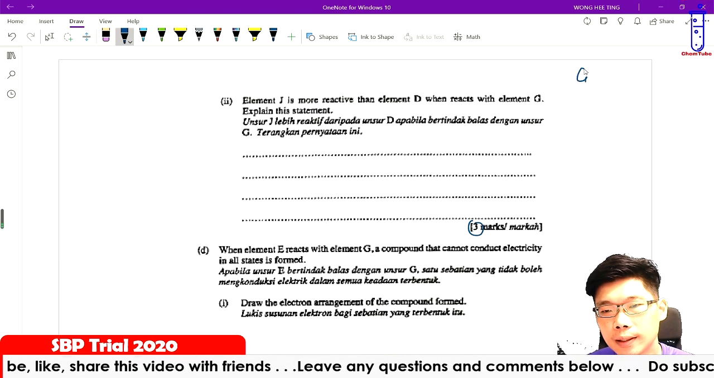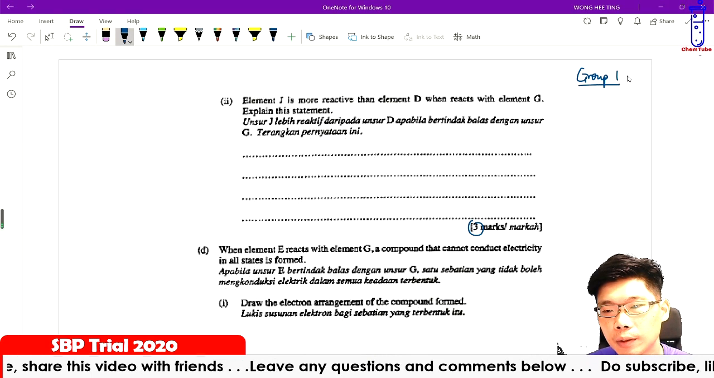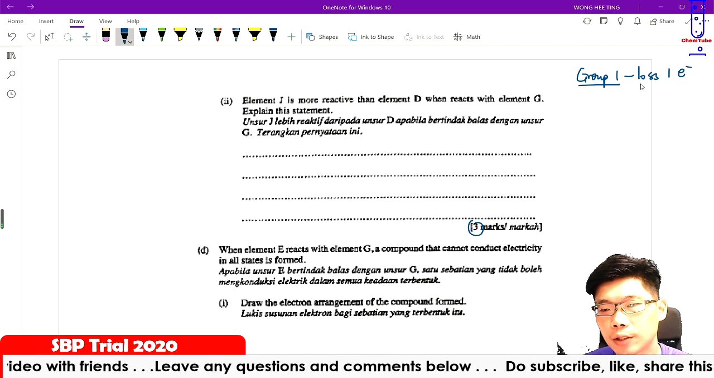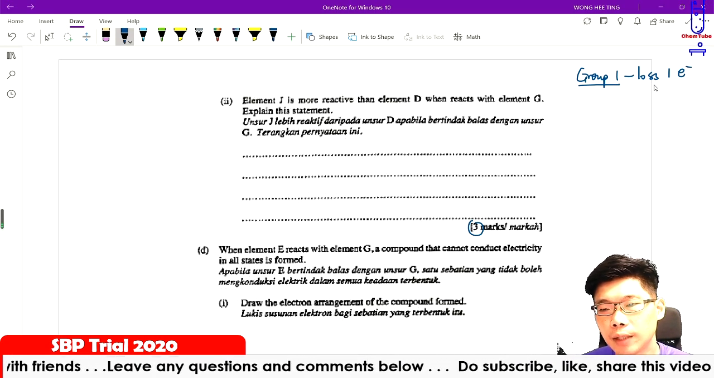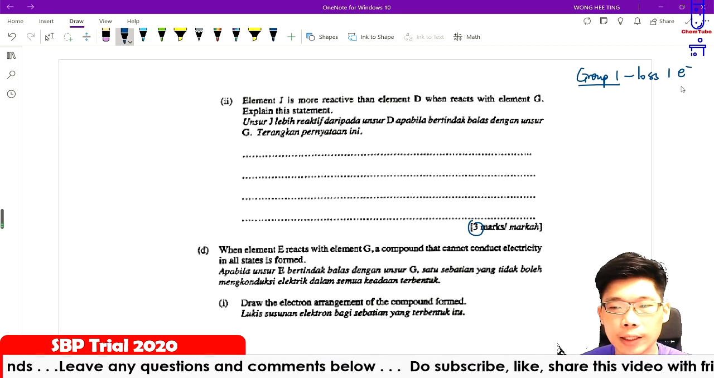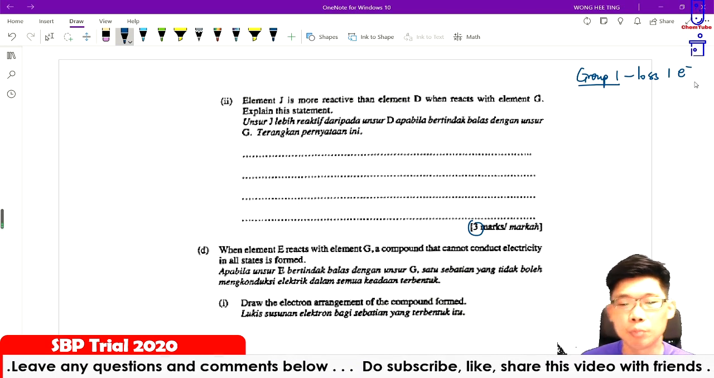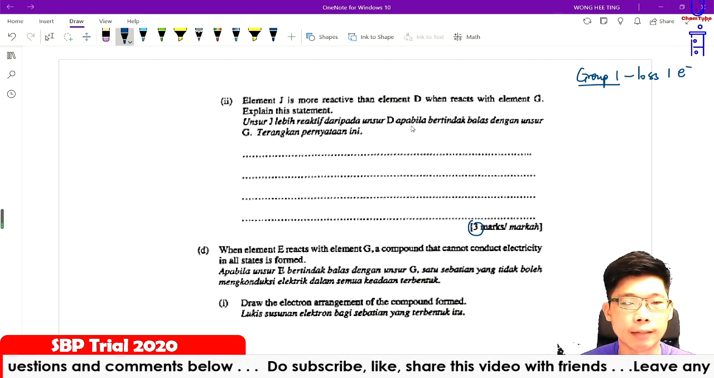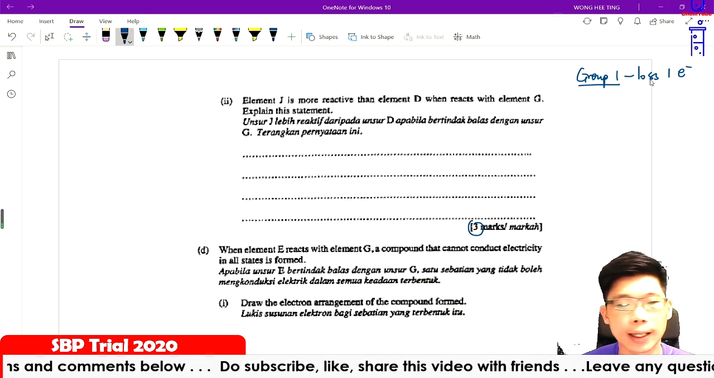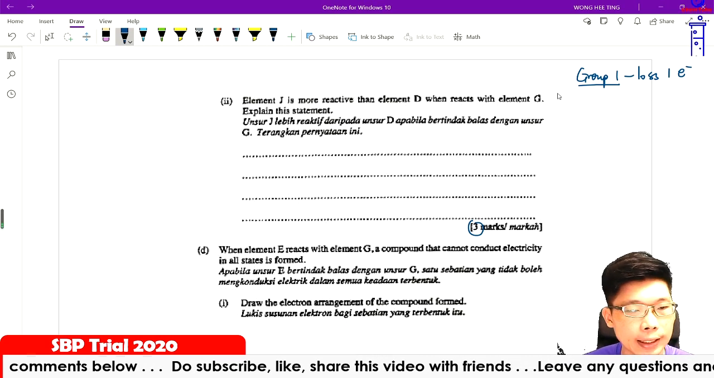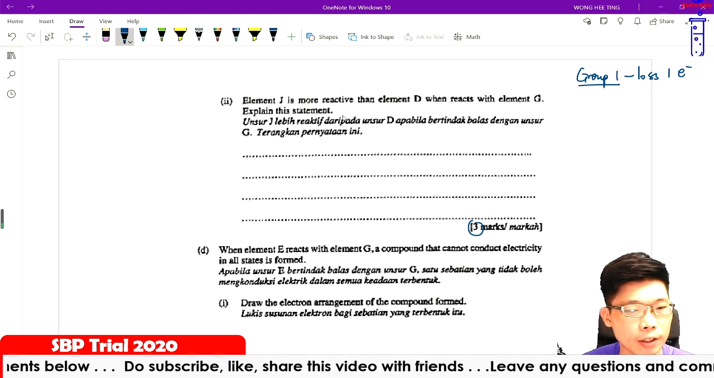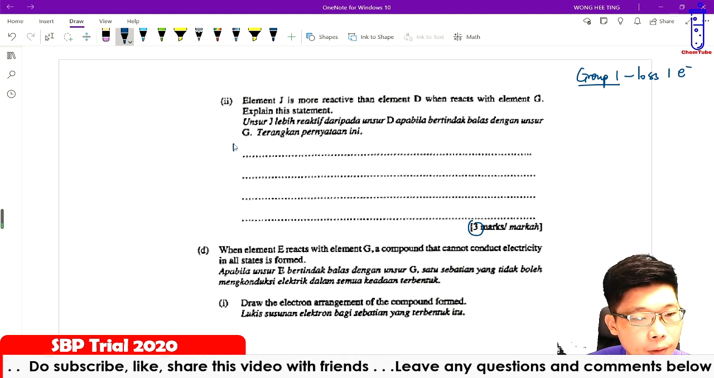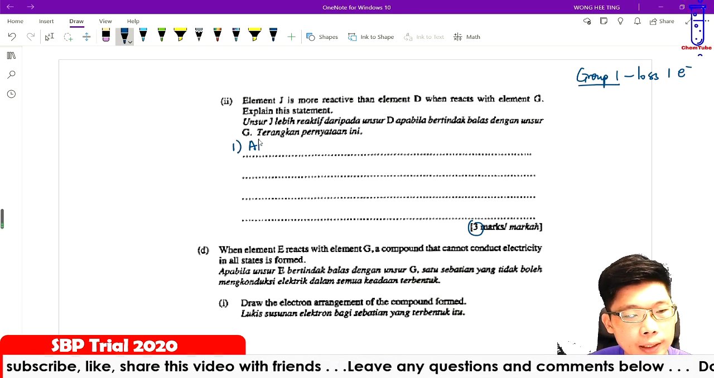So group 1, you will lose 1 valence electron. So meaning that if it can lose the valence electron easier, it means more reactive. So J is more reactive than D, meaning that it can lose the electrons easier compared to D. Okay, so explain. Point number 1, we can see the atomic size